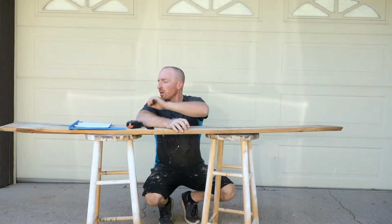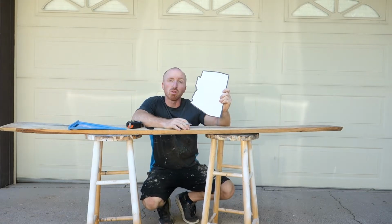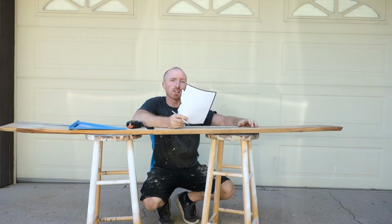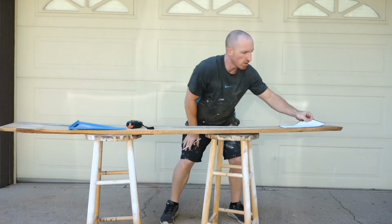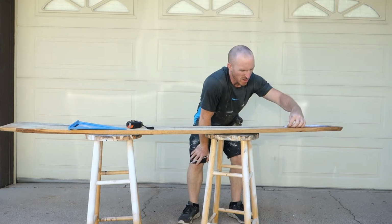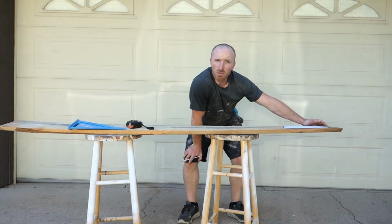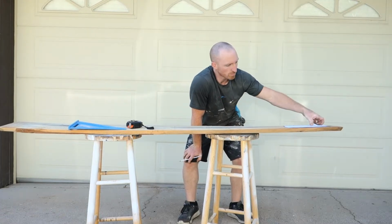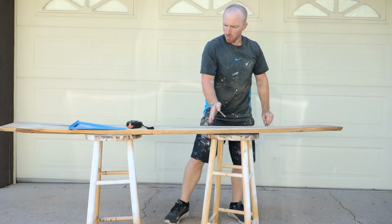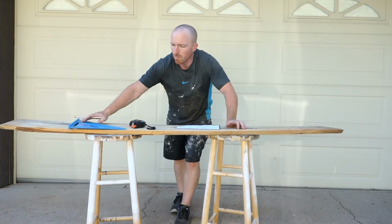Alright, step one is to cut out your Arizona sign that you prefer in size. Make sure it fits the board width and lengthwise. And then we're going to determine how much of a border we want around the Arizona sign. Here we've determined it was going to be 12.5 inches from top to bottom of the state, which means we can make 1, 2, 3, 4, 5, 6 signs out of this piece of board